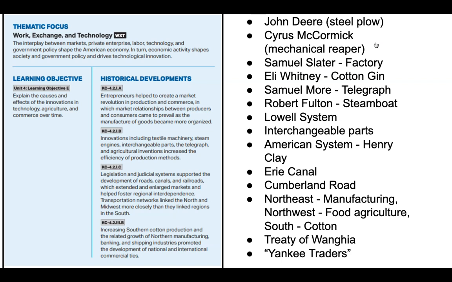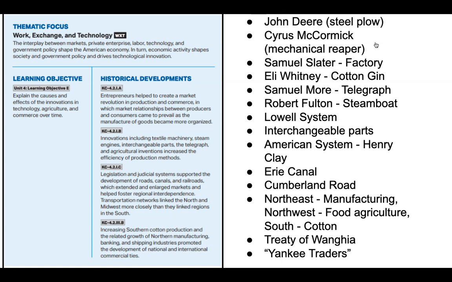So you're developing these textile mills in the Northeast, and in order to protect them from competition from British textile mills, you have to create a tariff, a tax on any British good that's coming in, in order for people to buy American. You have to have a Bank of the United States to help stabilize the currency and provide loans to these businesses. And then, of course, you need internal improvements like canals and roads and eventual railroads to link the Northeast